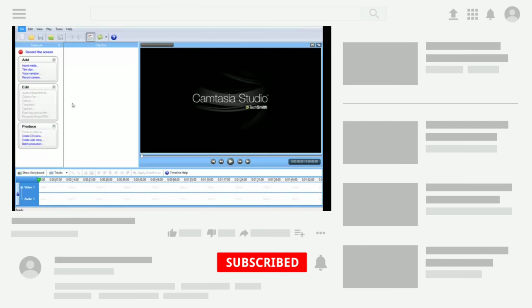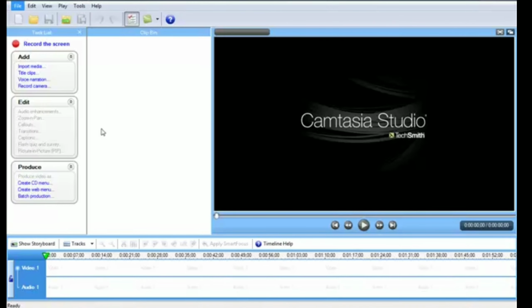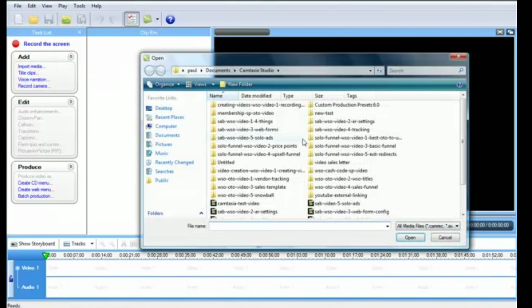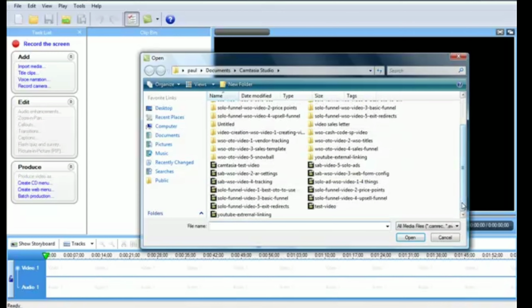Now in the next stage of the process you need to upload the video that you've just created on your PC. You need to upload it back into Camtasia. And when you do this, just click import media. So we'll click that. So whatever video you've got on your PC that you need to edit,